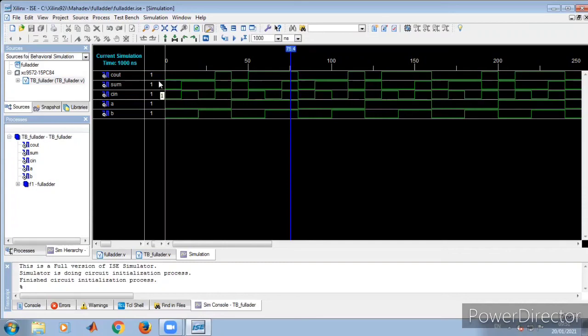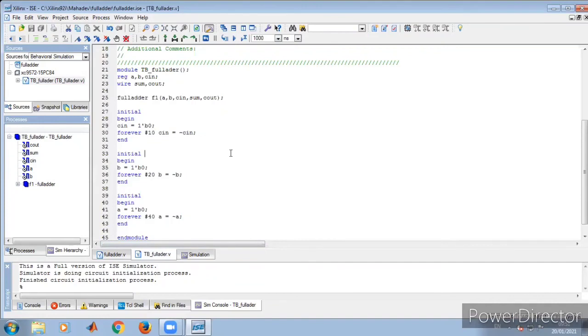So in this way, we can verify the functionality of any program if you want to write it with the help of a test bench. Here, depending upon the number of inputs, we can increase the forever statements with the help of initial statements. Now you can observe the importance of initial and forever statements. This helps us in verifying any number of input functionality. So it hardly takes a few seconds to write the test bench. Okay, this is one method of writing test bench, or we can directly use the truth table for writing the test bench and verifying the functionality there.